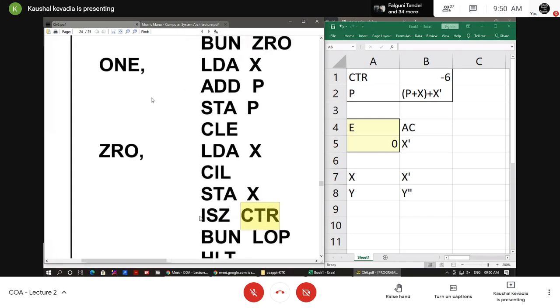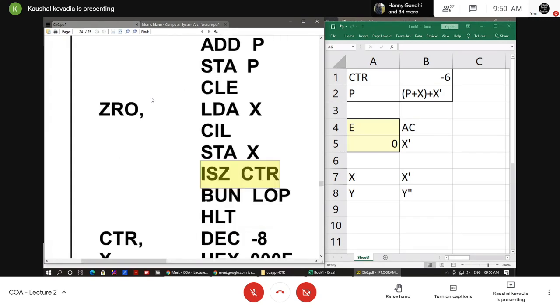हम इंक्रीमेंट करते हैं यूजिंग ISZ इंक्रीमेंट द CTR. इफ इट इज 0, स्किप द नेक्स्ट इंस्ट्रक्शन. अगर CTR को इंक्रीमेंट करते करते सपोज 0 मिल गया तो मुझे क्या करना है, नेक्स्ट इंस्ट्रक्शन ब्रांच टू लूप, मींस बाय दिस इंस्ट्रक्शन वी कैन एग्जिट फ्रॉम द लूप. ओके, जो हमारा लूप था वहां से हम बाहर निकल पाएंगे इजीली. सो डायरेक्टली वी कैन से दैट हियर माय आंसर program is completed.